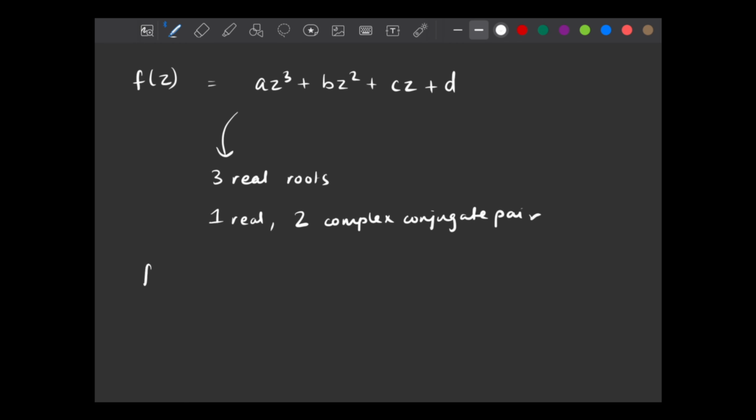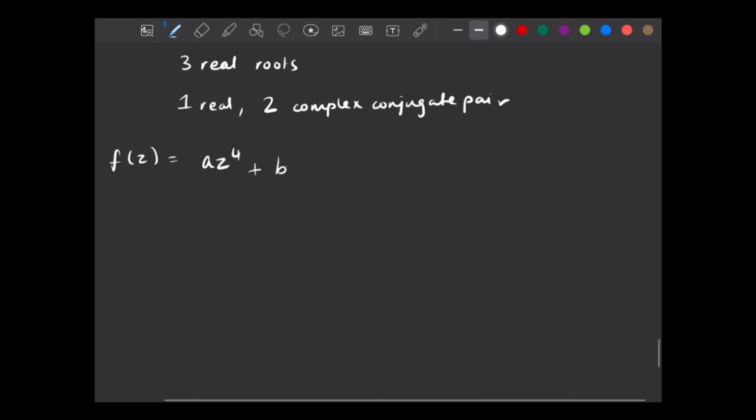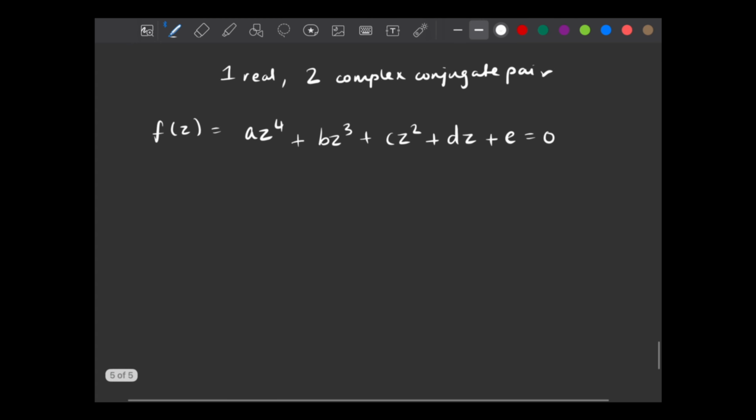If we have a quartic function, so quartic is a polynomial with highest degree 4, so the highest power is 4, looks something like this. If we have a quartic equation, this will have 4 roots, so 4 values of z for which this function does equal 0. Either all 4 roots will be real,